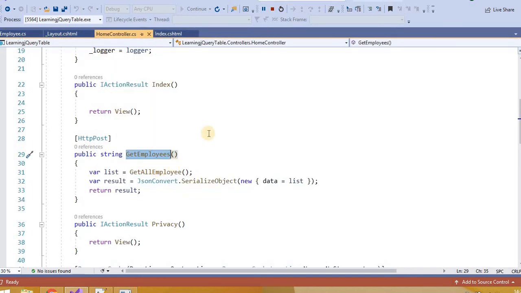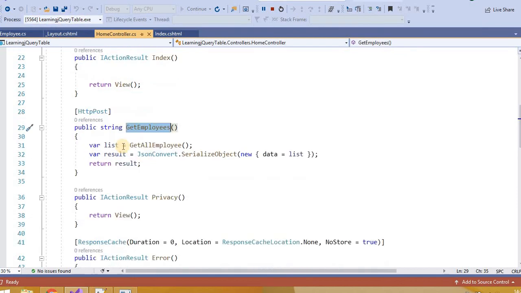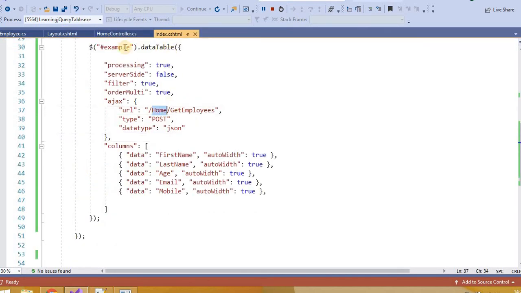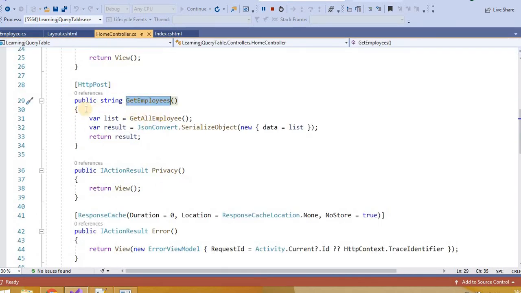So let's see from the start what we did in this video. First we hit the get employees using the Ajax call here. We just created one method for the post method, where we are hitting the database and getting the list of all the employees, then serializing that list to a JSON string and returning that string.